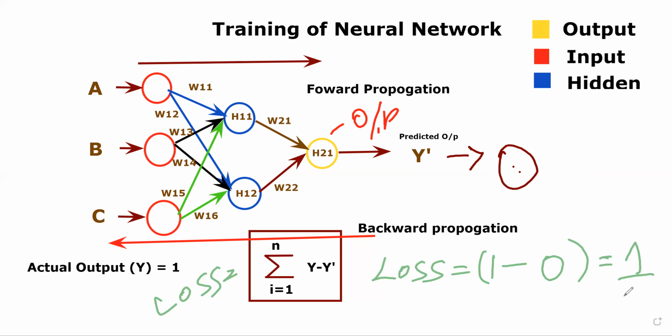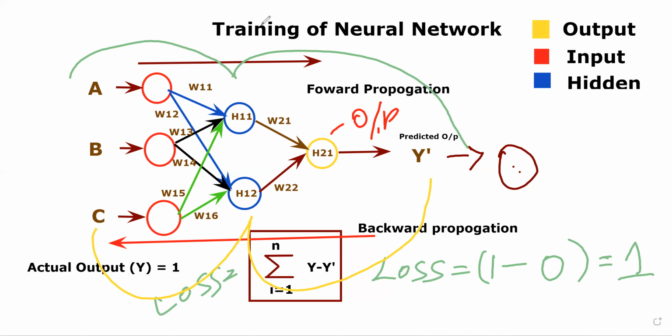So in order to decrease this loss function, we will be back propagating our model. Initially we came from input layer to hidden layer, then hidden layer to output layer, correct? So this is feed forward or forward propagation. We got the loss function value, and our loss is very high. Accuracy is very low. Our predicted output is 0 and actual output is 1. So in order to reduce this loss value, we will be back propagating from the output layer to hidden layer and then hidden layer to input layer.